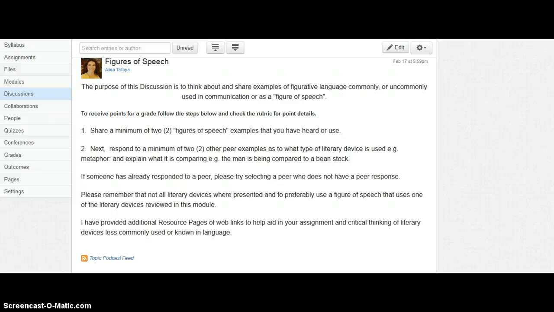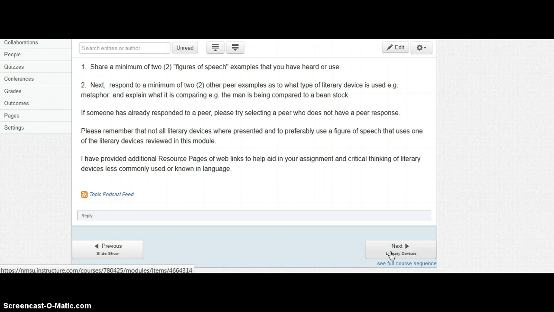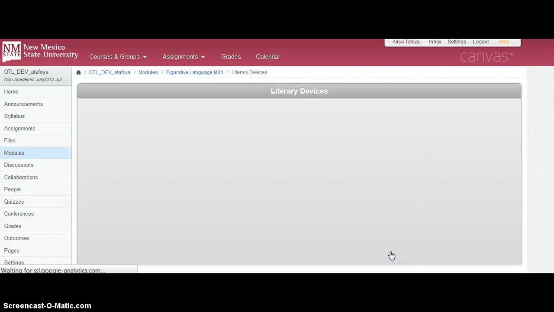For instance, if I say, the cat got your tongue, that is a figure of speech, meaning that a person is shy or does not have much to say. So as a peer, I'd respond with that or say what literary device it was. That gets the class going, and the first part of the communication activity for Module 1 is the figures of speech. As you can see, I can go from this discussion on to the next part of the module